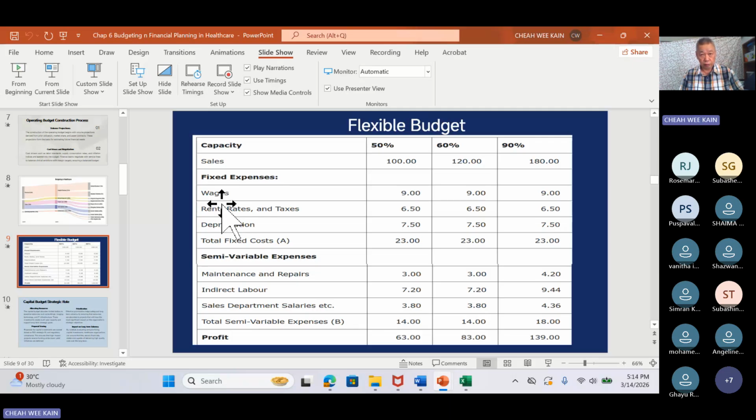Right? You may have threats. Okay? Somebody builds another KPJ hospital beside you. That will be a threat. So you keep on changing. So when the changes are so drastic, whether internal or external, you may need to change your plan. When you want to change your plan, you may have to change your budget. Sometimes it's small, minor, you just change your budget a little. If it's a very, very big change, you have to change your whole plan and you must change everybody's budget.